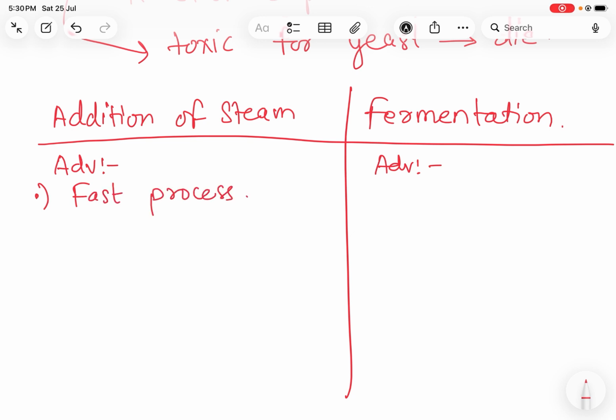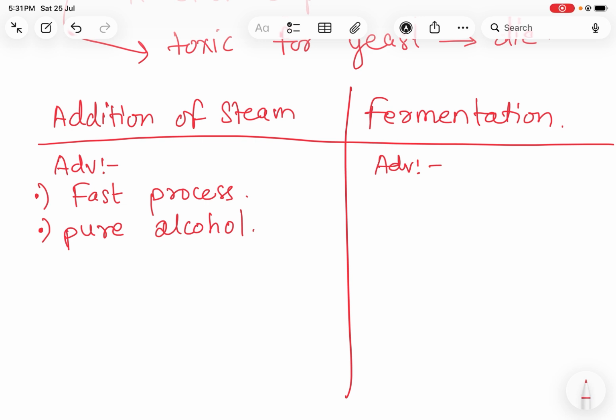because the reaction is also catalyzed by an acid catalyst, and a high temperature of 300 degrees Celsius is also maintained. So this is a fast reaction. Secondly, we only have alkenes and water, I mean steam, which is being used here. When they are added together, because it is an addition reaction, only one product is formed, that is alcohol, and hence we will get pure alcohol as a product.